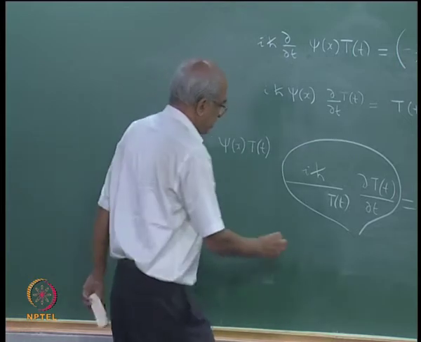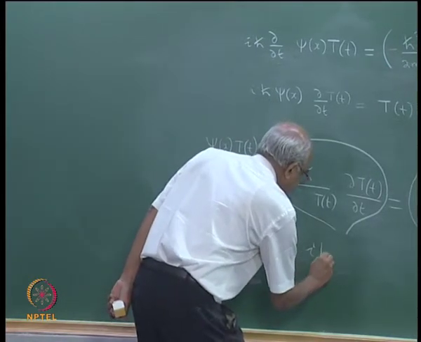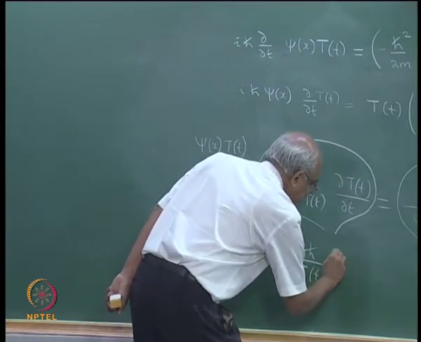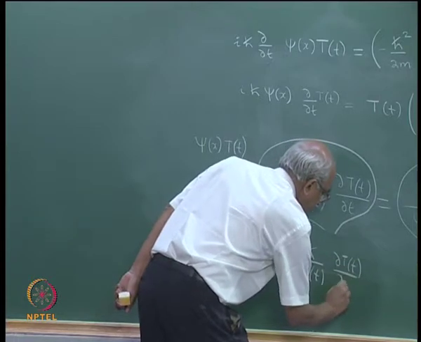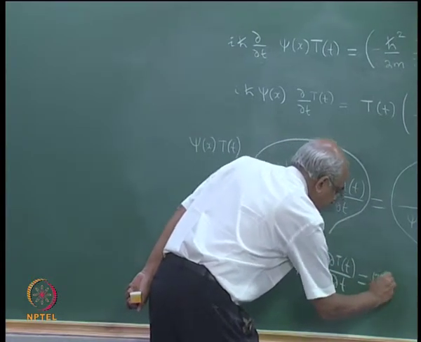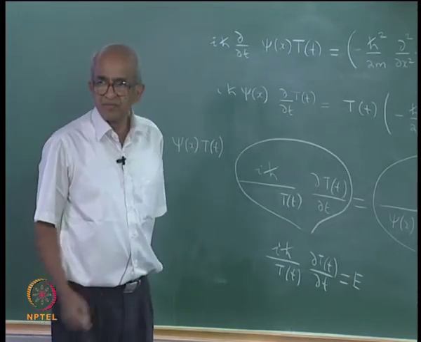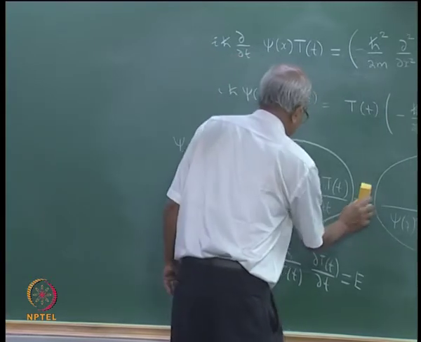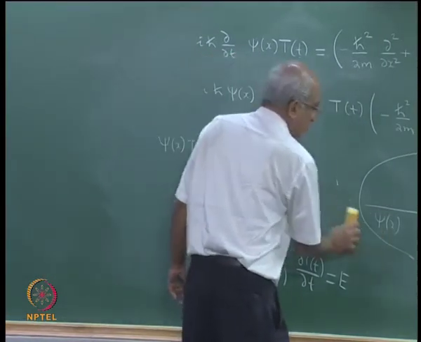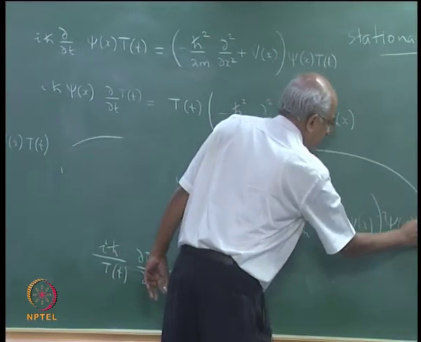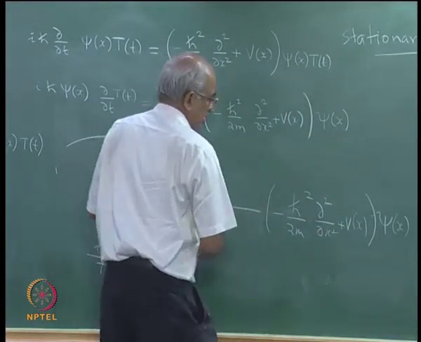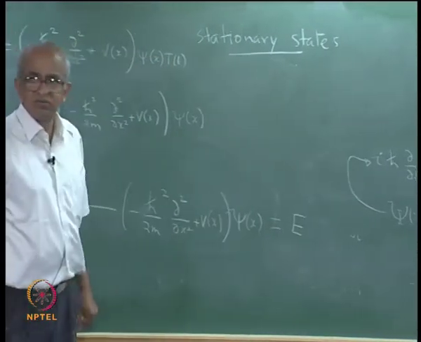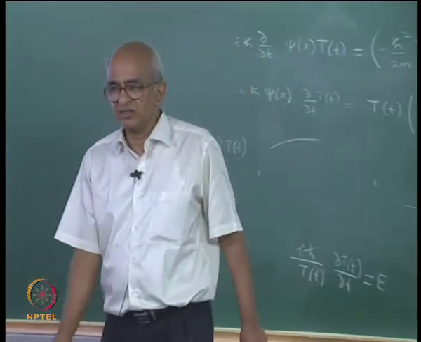So, what has happened is that I have got an equation which reads iħ divided by capital T of t, dT by dt, is equal to E. That is one equation that I have obtained, correct, and I have obtained another equation. Let me just, as I said, I am somewhat lazy, I do not want to write things again and again. So, I will just say that this is equal to E. So, these are the two equations that I get,